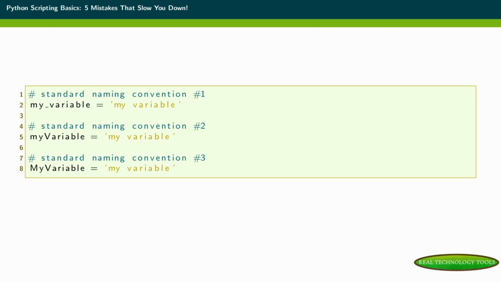So what goes wrong if you don't do this? 1, you reduce the readability of your code. 2, searching for a variable becomes more difficult because you don't have a way to know the name of your variables for sure. 3, you increase the chances of repeating yourself because you're getting lost in your code. I mean, understanding your own code after a while is difficult enough as it is. If your naming convention is not consistent throughout the code, then it's going to be very easy to get lost in it. And you might think that some variables that you've actually defined in the code are not defined just because you can't find them.